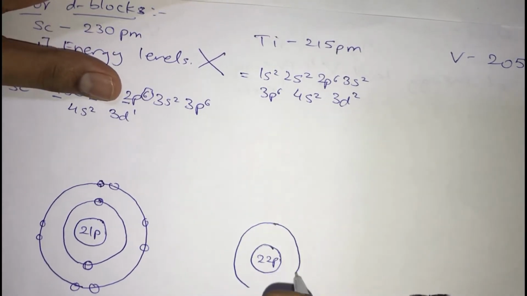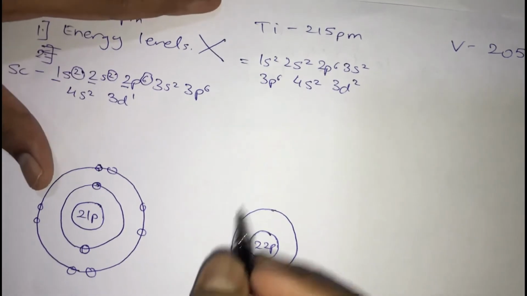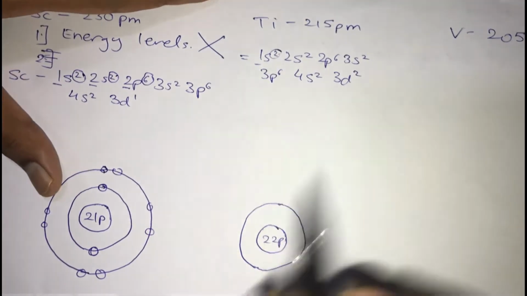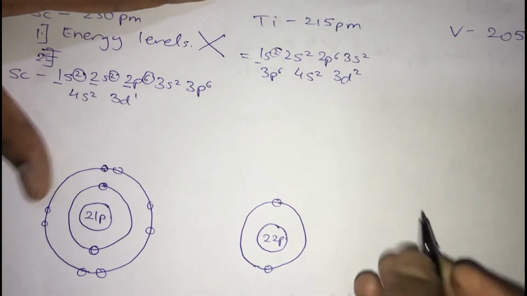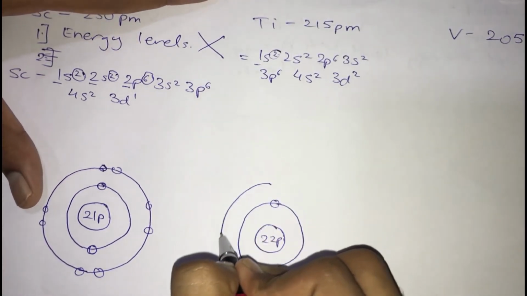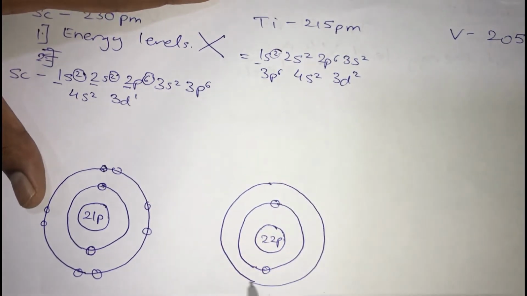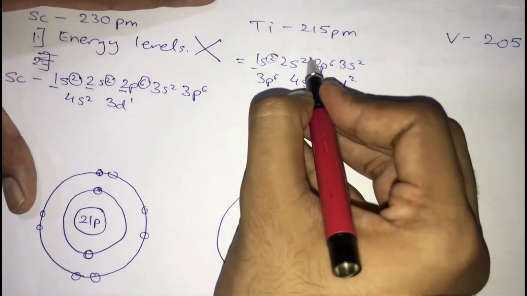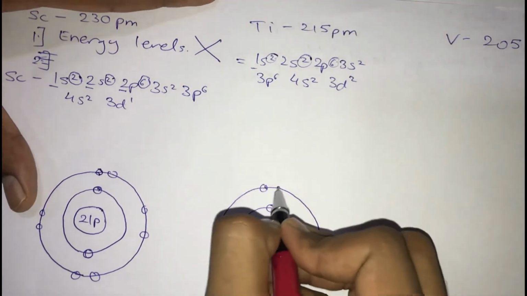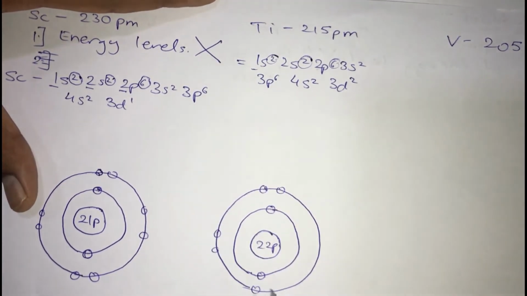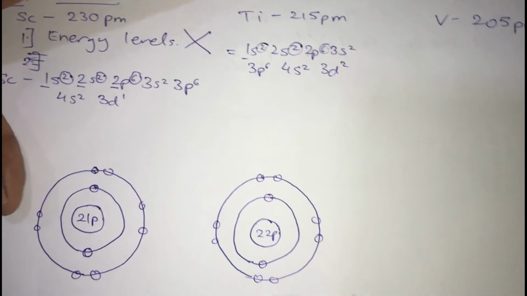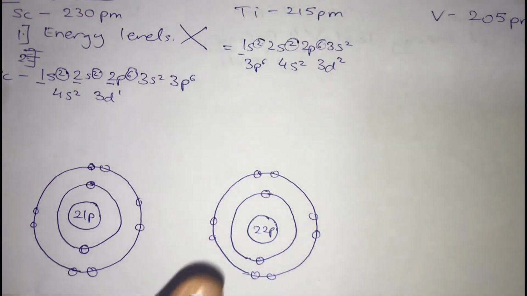Okay, so we draw the first energy level. Inside this first energy level there are obviously 2 electrons present. Inside this second energy level there are again 2 plus 6, 8 electrons present. Now again I am going to stop the diagram over here. Moving on with vanadium.